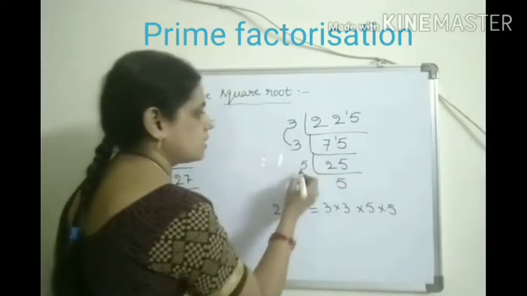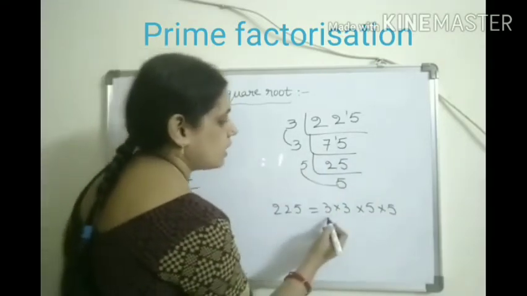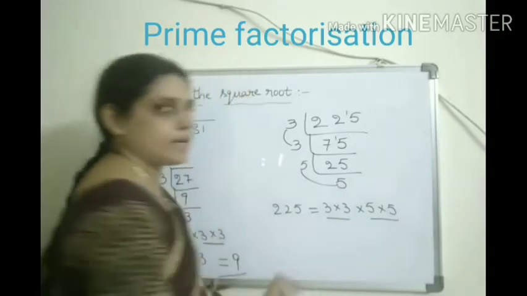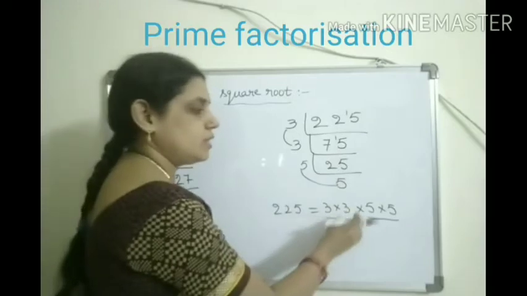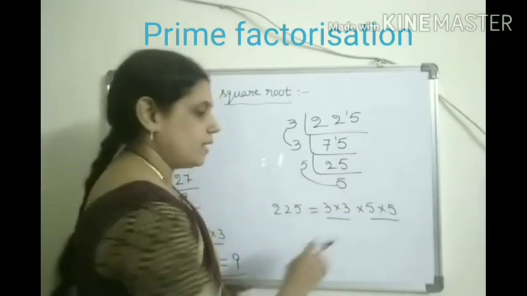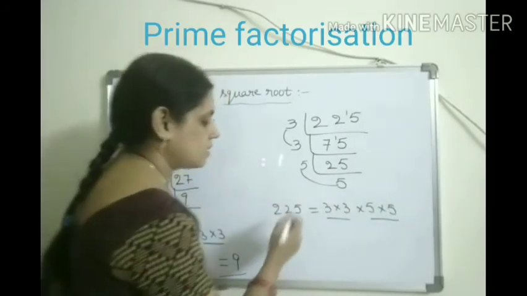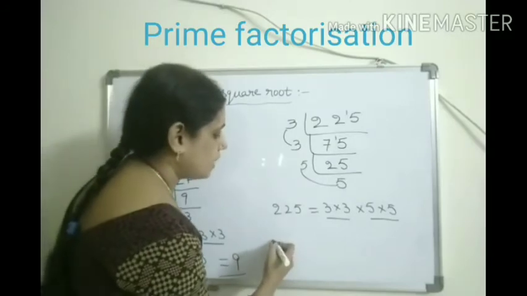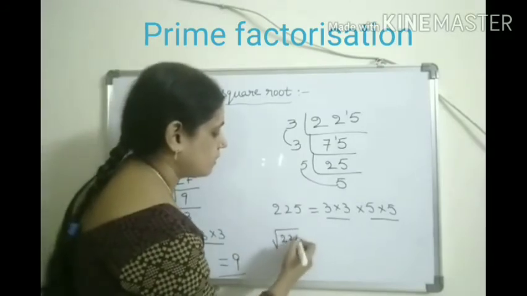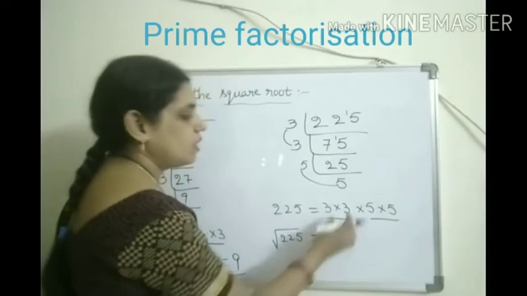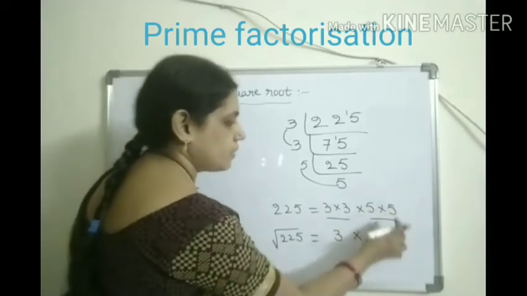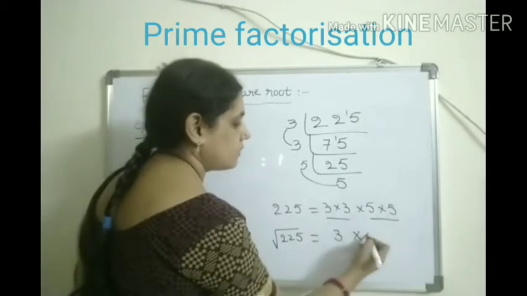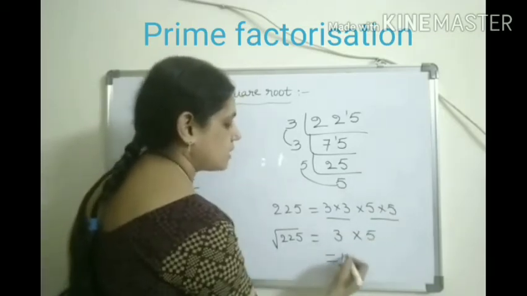Here it is like this. Okay. So now pairs of equal factors. 3 into 5 you cannot make a pair. So here 3 into 3, 5 into 5, like that exact pairs of equal factors we have to make. So the square root of 225: from each pair one factor we have to take, and from this 5 pair also we have to take 1 five. So 3 5s are 15.